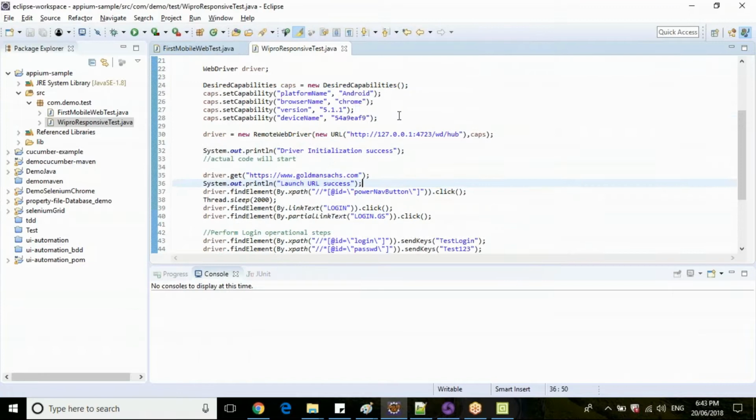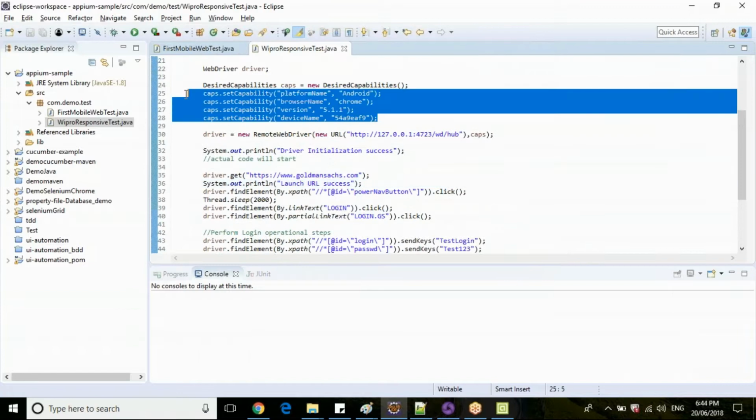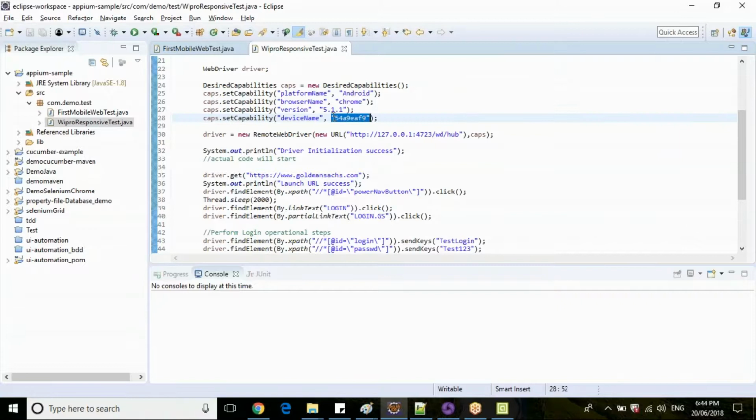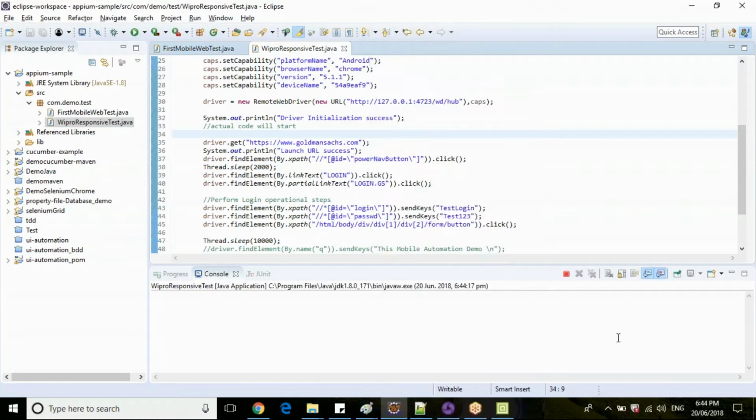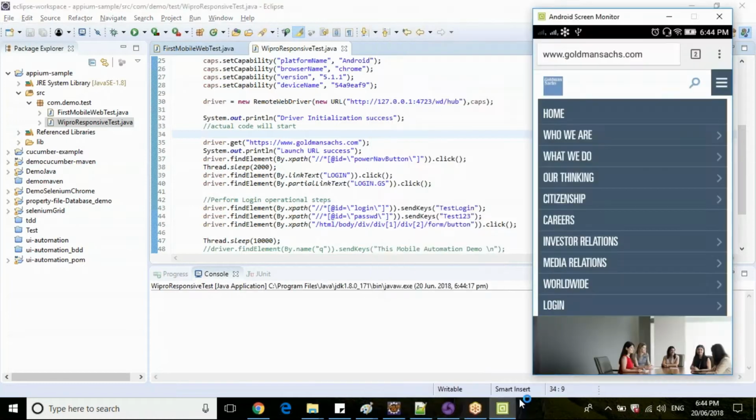I have written the code here. I have provided the capabilities: on what particular device I'm going to execute, the operating system of the device, the version of the device, the browser I'm going to execute on, and the platform is Android. Let me execute this test scenario and show it on your mobile screen.